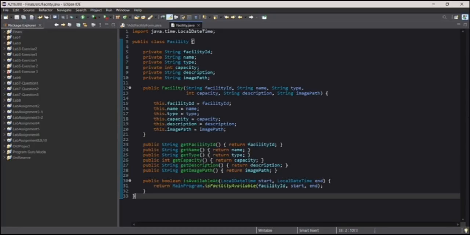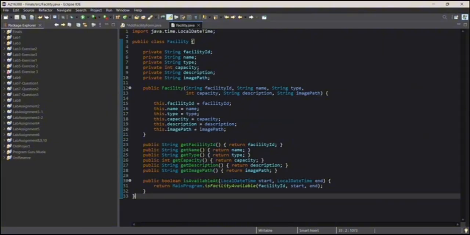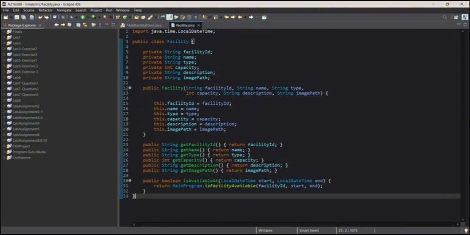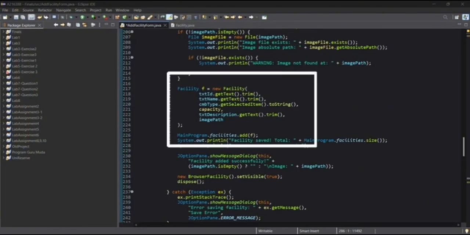Second, encapsulation. Encapsulation is applied by declaring all attributes as private. To access these attributes, I use setter and getter methods. This ensures the data cannot be accessed directly from outside the class, which protects data security. Next is constructor. I use a constructor to initialize the facility object. When the Save button is clicked, this constructor is called from addFacilityForm.java to create a new facility object based on